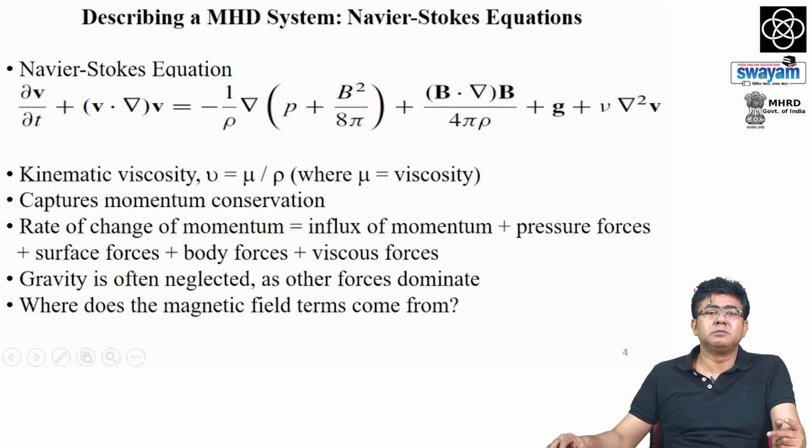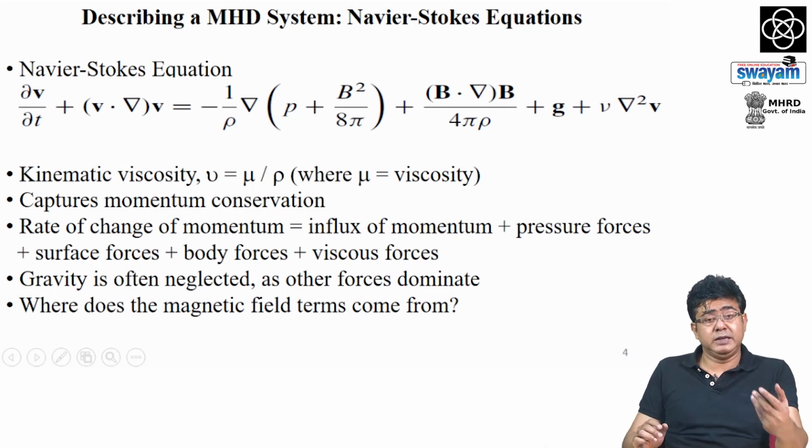So, the first term there, B squared by 8 pi, is the magnetic pressure, which adds on to the fluid pressure. Then you have the other term, the magnetic tension force, which becomes an additional force to reckon with in MHD, or magnetohydrodynamic, systems. And this essentially arises from the expansion of the Lorentz force, which involves the magnetic field that is there in the